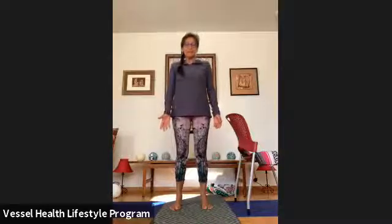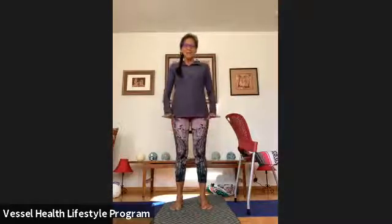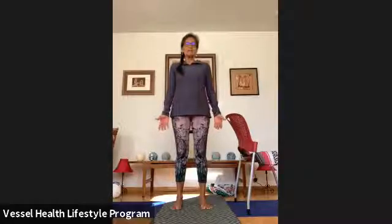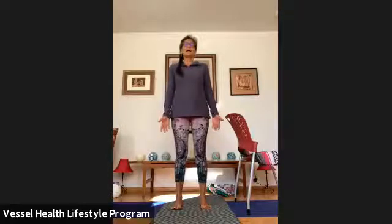Connected, grounded place in a mountain pose. We call it Tadasana. It's like, ta-da, here I am, world. Okay, grounded in our feet, hands open and receptive, and just feeling the energy from the earth radiating up through